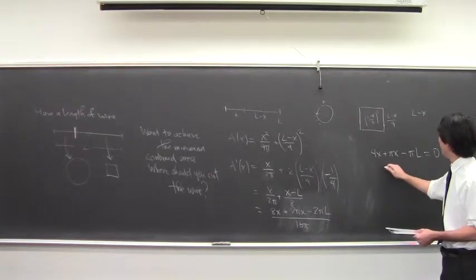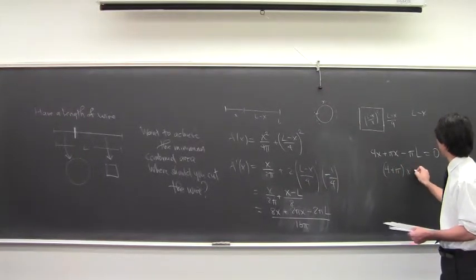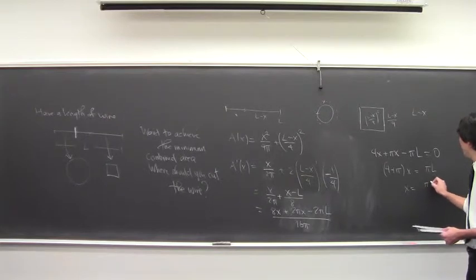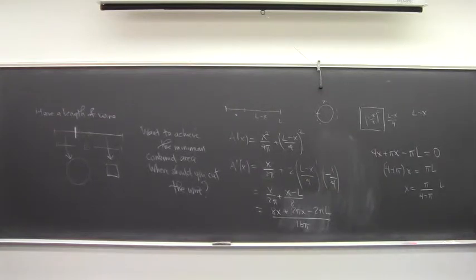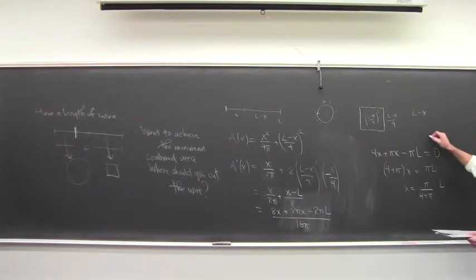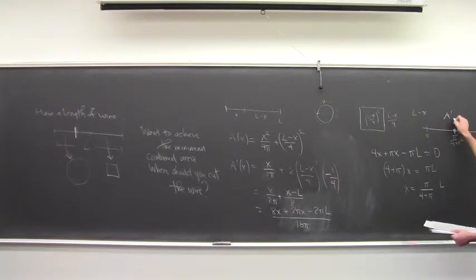Okay. So what do you get? 4 plus pi x equals pi L. Okay. And so x is going to be pi L over 4 plus pi. Okay, so what do you see, right? You see that if this is 0 and this is L, then there's some point in the middle, like around 4/7 of the way through, this pi over 4 plus pi L, where A prime is 0, right? Where A prime is 0,